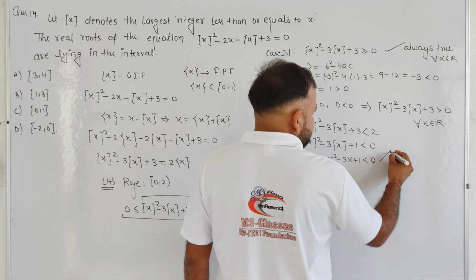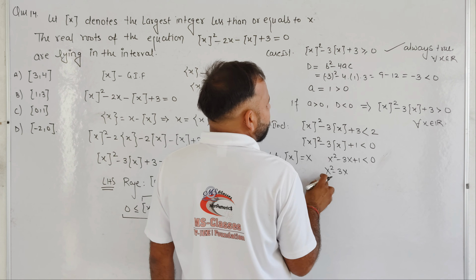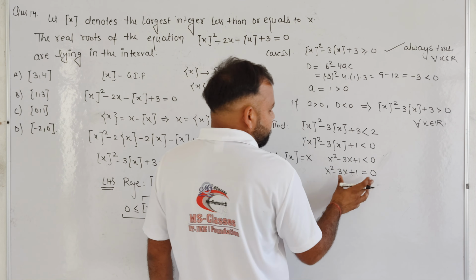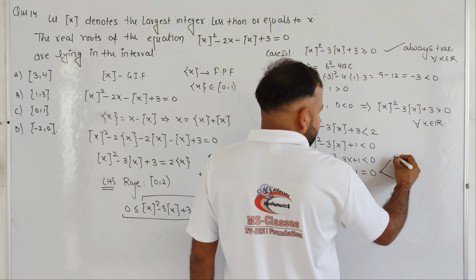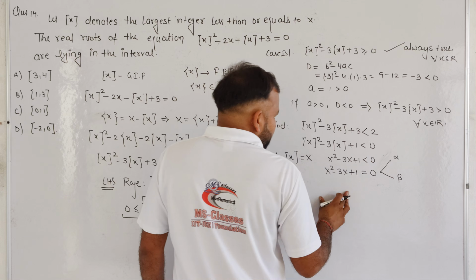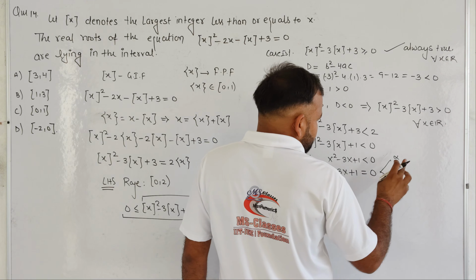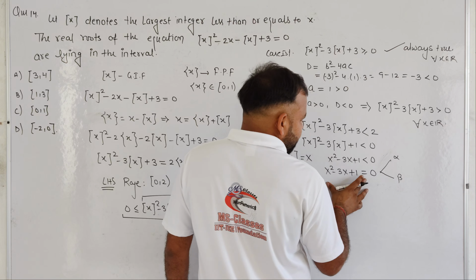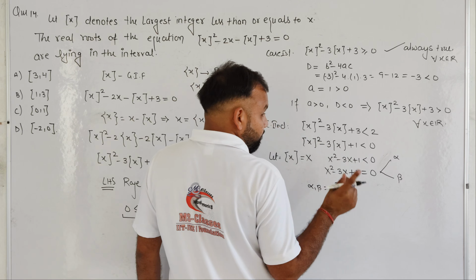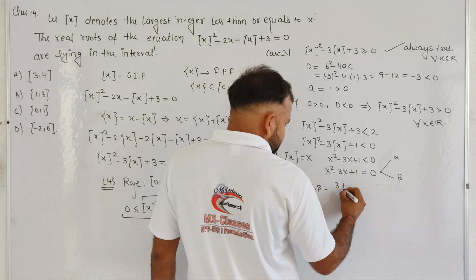Let us consider this as equation: [x]² − 3[x] + 1 = 0, where [x] is the greatest integer function, and let the roots of this equation be alpha and beta. Student, we need to calculate the roots of this quadratic equation. So alpha and beta, by using the Sridharacharya formula, are −b ± √(b² − 4ac)